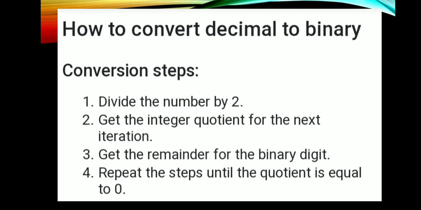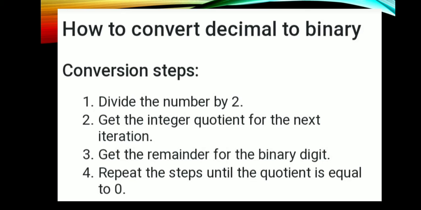That is, you will be given an input number with a base 10. You have to convert the same to a base 2 number. Okay. So for that you have to follow 4 different steps. The procedure is very simple. For converting decimal to binary number, we are going to do a simple division operation.